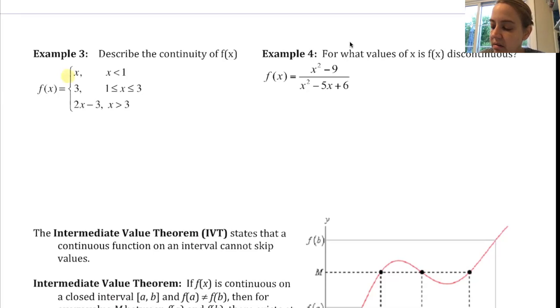So x, that's just a line, slope of 1, y-intercept of 0, that's continuous everywhere. 3 is a horizontal line, that's continuous everywhere. 2x minus 3, also continuous everywhere, also a line. So everything looks good there. But you wanna try the values at those points where they meet. So at x equals 1, we're going to check it out, and x equals 3, we're going to check it out. So f of 1